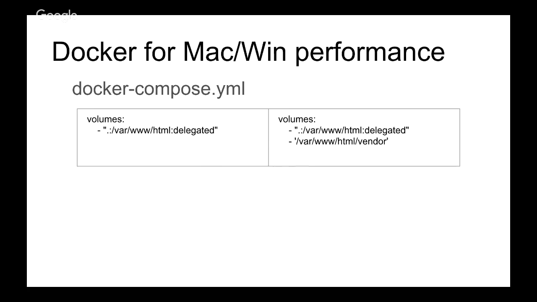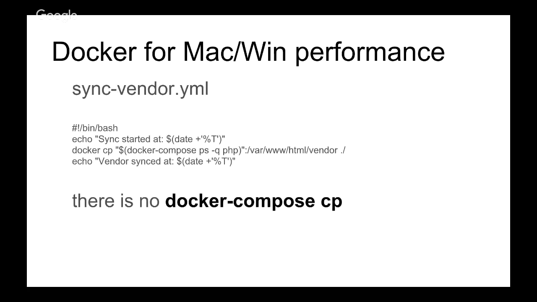We also found some advice to try some flags, for example, delegated or cached, which have better behavior than default, but it was not something to really help us. So we just added a second volume to the Docker container. It contains all third-party code, and we also have a really short script,